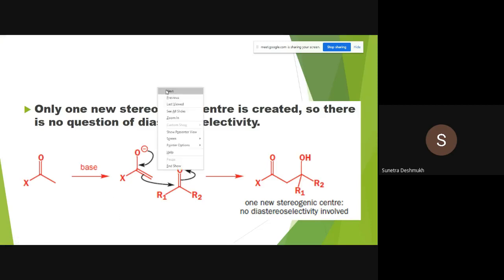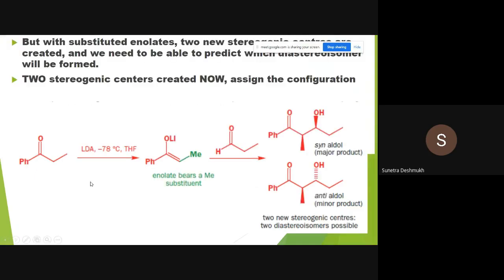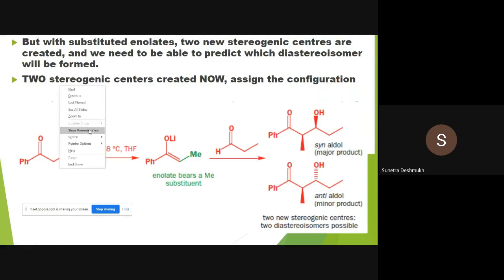If two chiral centers are there, now pay attention here, we have changed the starting material. Now here is a methyl group and two hydrogen atoms. So the two hydrogen atoms are enolizable now, and there is one methyl group. We are going to generate one carbon-carbon single bond at the end. So one hydrogen out of these two hydrogens is getting replaced, that means that hydrogen is getting eliminated, and there is formation of a new carbon-carbon single bond.